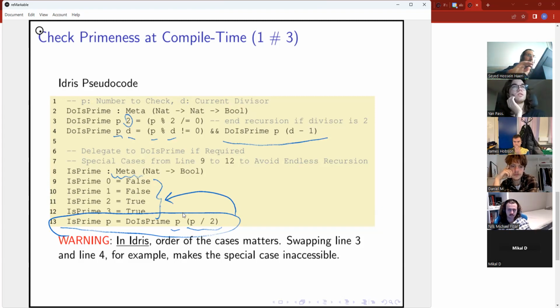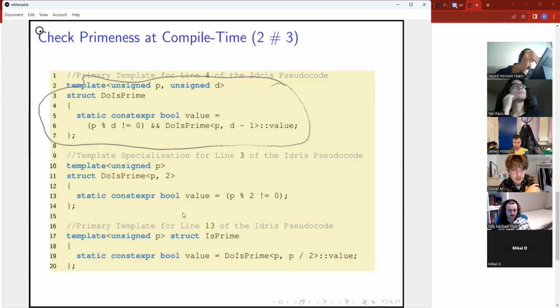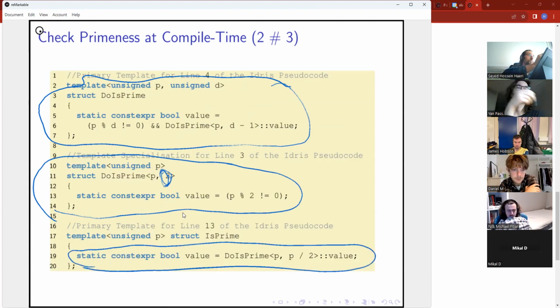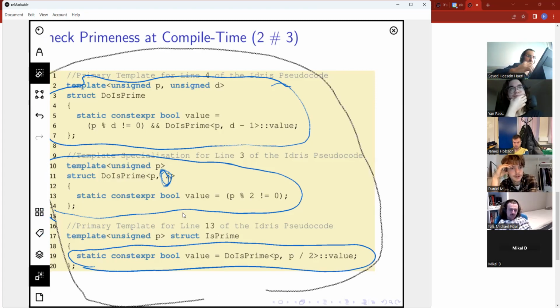C++ TMP. So here you see the recursive call, and here is the case when we hit the bottom of the recursion for 2, and here is the call to the helper function. All right, now I'm going to give you a decent explanation on those, don't worry, but just for you to have the big picture first.